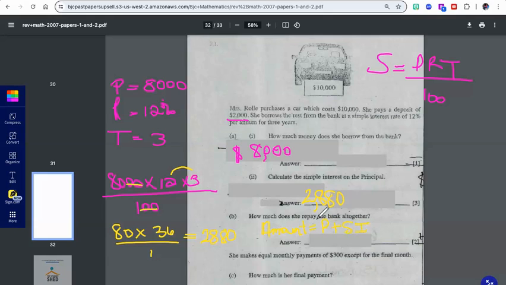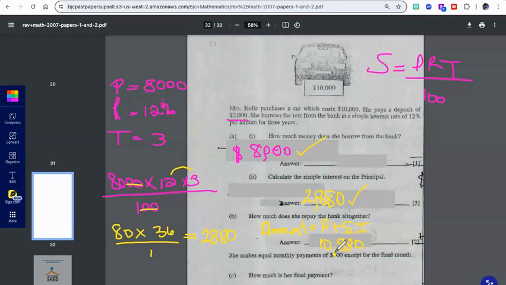So the principal was 8,000, correct? There's the principal, 8,000, and this is the interest. So we would have to add those together. So that's 8,000 plus 2880. Good. I see it. Yes. So that means that the amount to be repaid to the bank is 10,880. Okay, so now the last question here says she makes equal monthly payments of